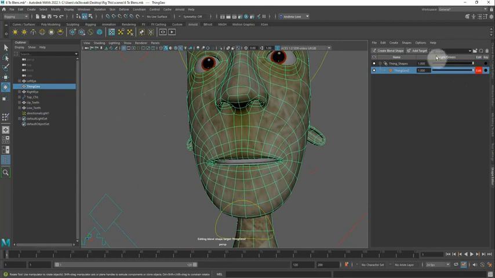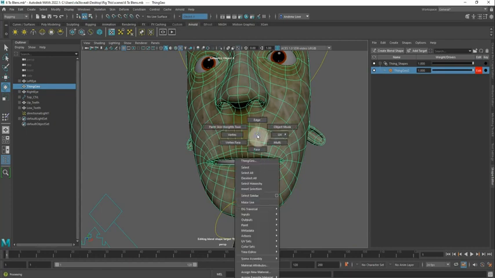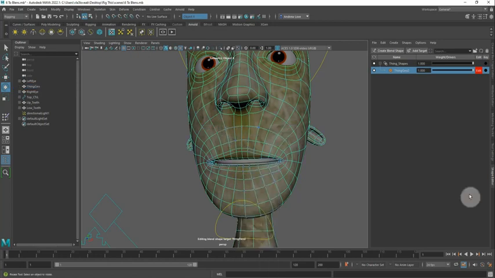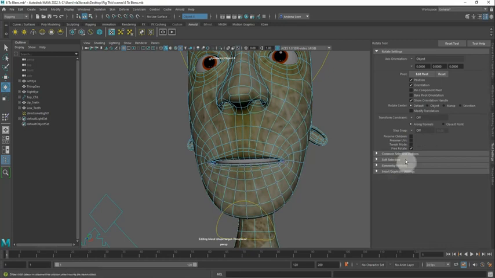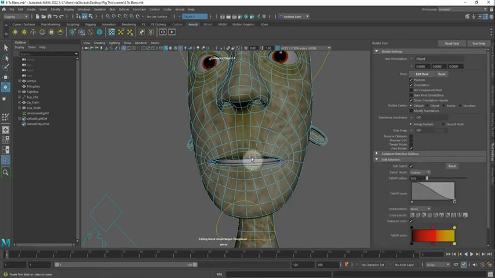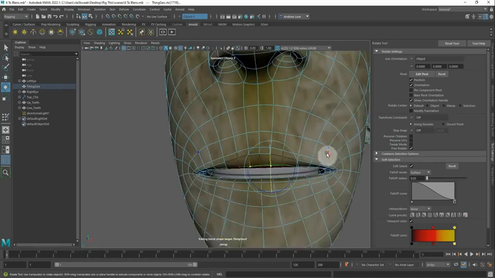I'm now editing a shape target, and because I'm working across the whole mouth, I'm going to go Object X Symmetry, and I'm going to go Vertex. There we go. And in the tool settings, I can go Soft Select. There we go. So now if I select that guy, you'll see